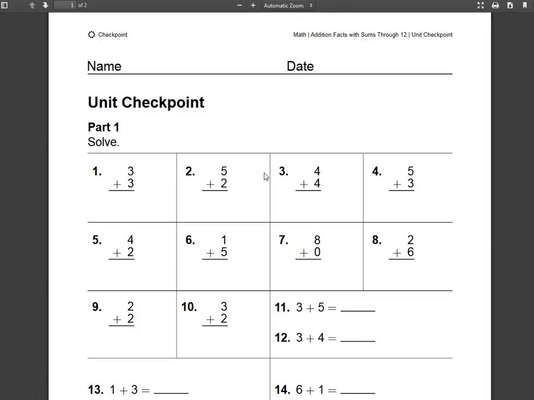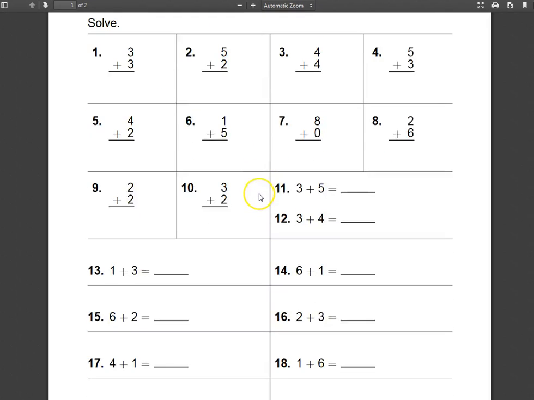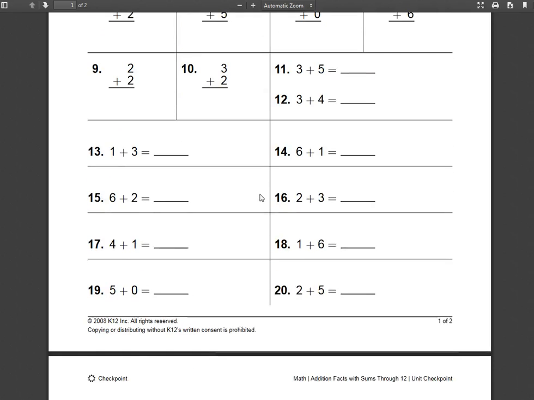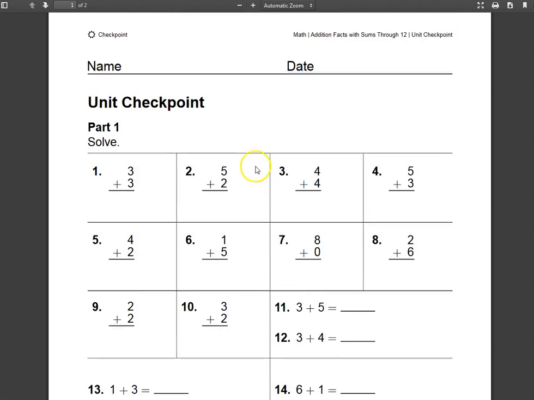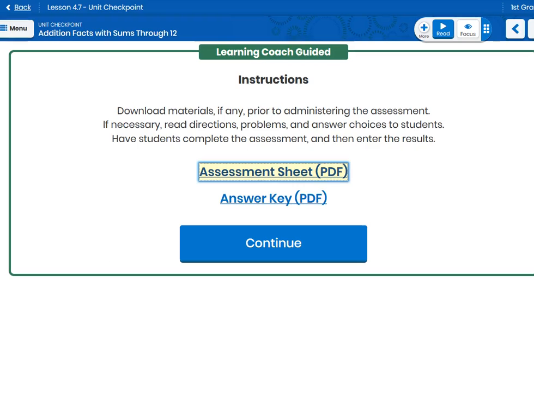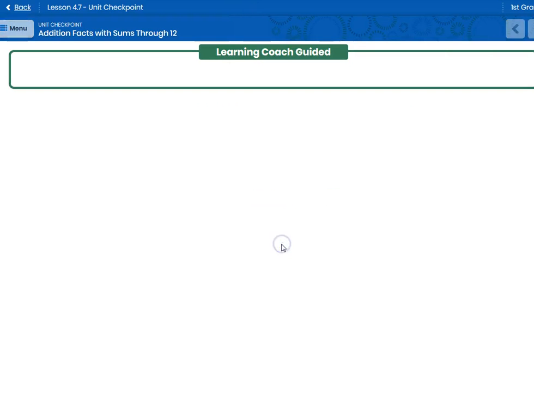So I can open up and see that assessment sheet. And like I said, if you don't have a printer at home, if that would be helpful for your teacher to print that for you and drop it in the mail real quick, please do let them know. And then, of course, there's the answer key. And then once I hit continue,